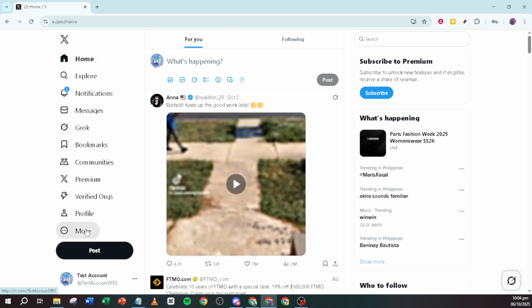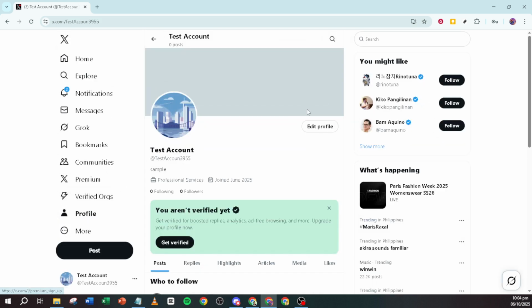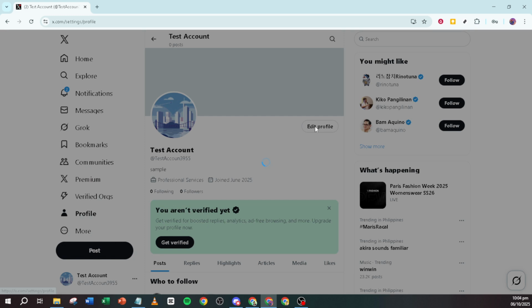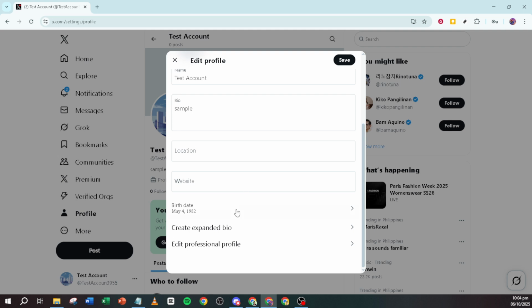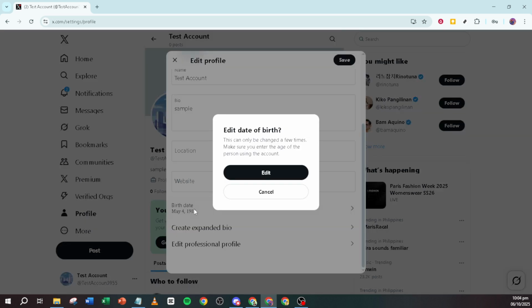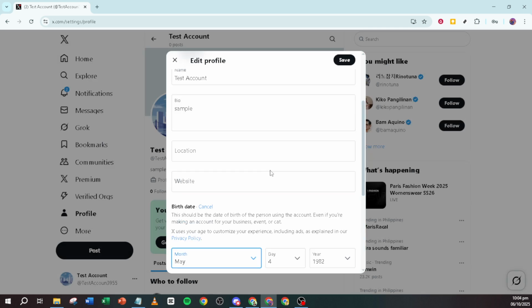On this editable profile page, you should see an option for birth date. Click on it. It's important to do this, as updating your birth date is a key step in verifying your age on the platform. Remember, keeping this information accurate ensures a smooth user experience with content that's appropriate for your age range.